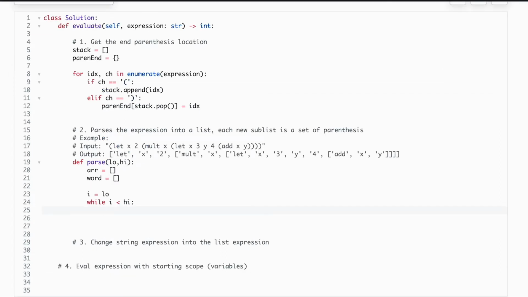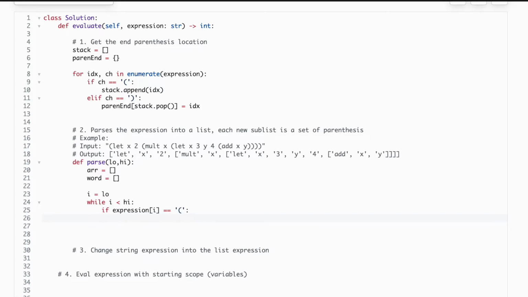Now inside our while loop we have multiple conditions. Let me write them. If our expression of I is the starting parenthesis, then we can add a new sublist inside our array,